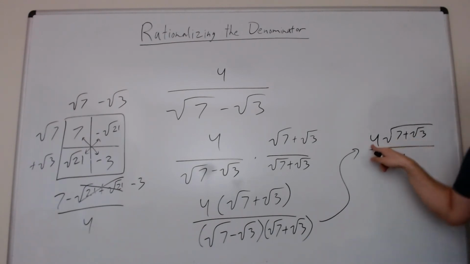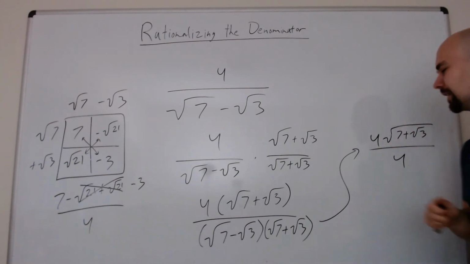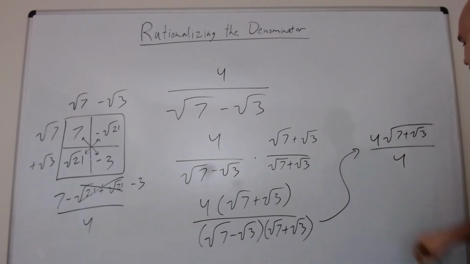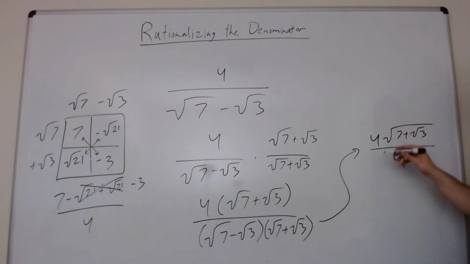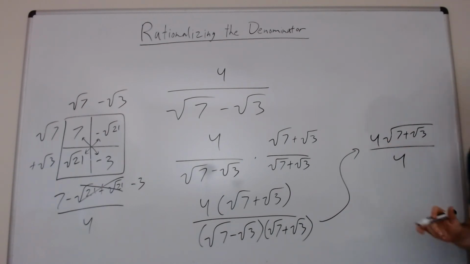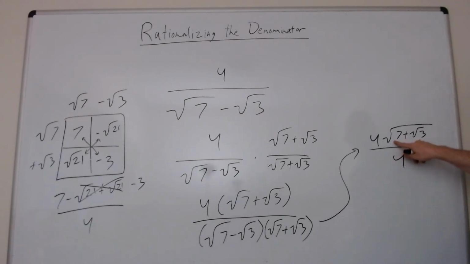Am I free to cancel this 4? Well, the fraction bar tells you to divide, and the opposite of multiplication is division. So when you have multiplication, in other words, separate factors being multiplied by each other in the numerator, then you can cancel any of them with the denominator if you're canceling the entire factor. So I could cancel an entire square root of 7 plus square root of 3 if I, oops, I wrote